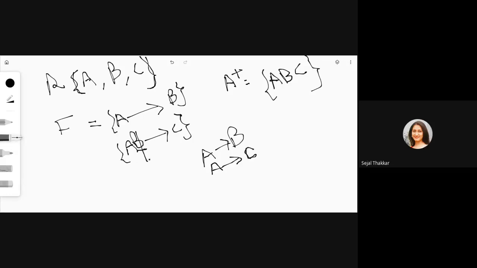Why is this B extraneous? Because from A's closure, I'm getting everything, ABC. So there is no need of B. If A alone can do some task, there is no need of assigning the task to more than one variable. If there is Akshat who is telling me, Madam, I alone can complete this task, then for the same task I cannot allot more than one student. If one student is able to finish that task in a given time duration, other students will do other tasks, right? So B is an extraneous attribute here. So this is your answer: A tends to B and A tends to C. Now we will see one more example.